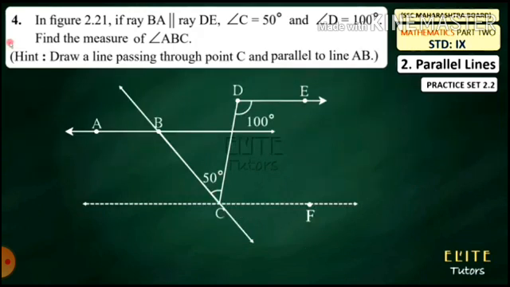Similarly, if we extend AB or DC, so ABC and BCF are alternate angles forming a Z shape. So this angle and this angle are equal. If this is 80 and 50, we can get 130. So this is also 130, because by the alternate angle test both are equal or congruent. So we can take half the figure and find out the angle ABC.